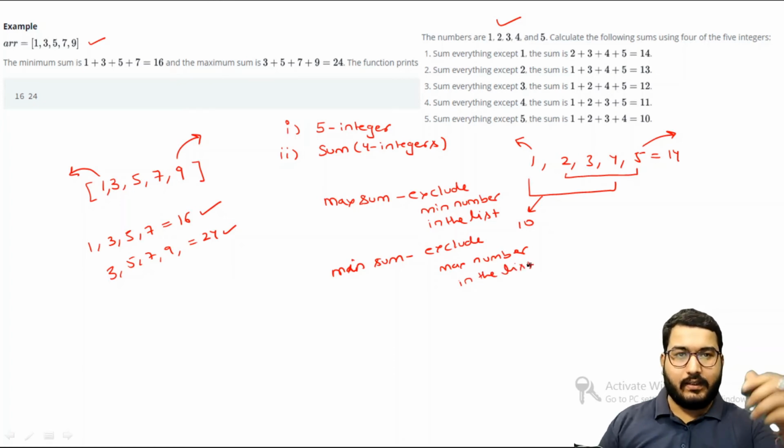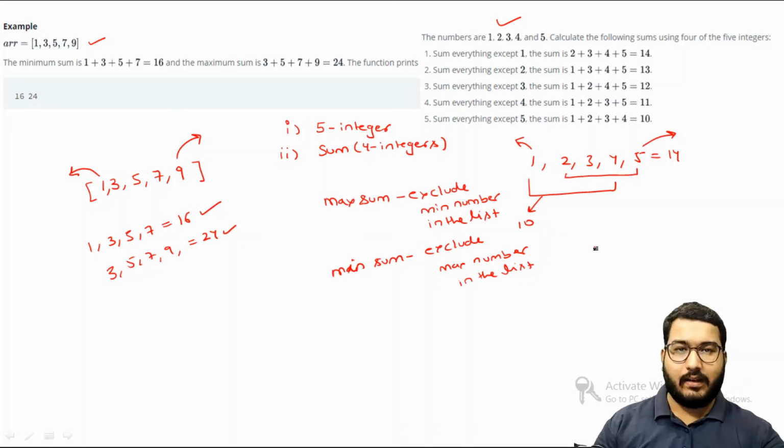So you don't need to write the complex for loop to solve this problem. So now let's try to understand how to write the code in the coding console of HackerRank.